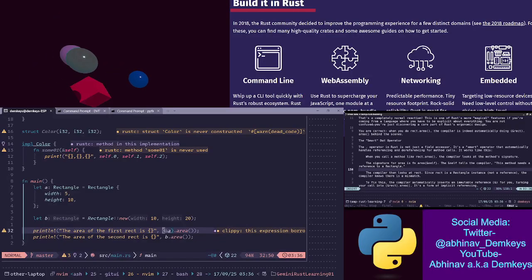Okay, where was I? Okay, you are correct. When you do rect.area, the compiler is indeed automatically doing a reference behind the scenes. The smart dot operator. The dot operator in Rust is not just a field accessor, it's a smart operator that automatically handles referencing and dereferencing for method calls. It works like this.